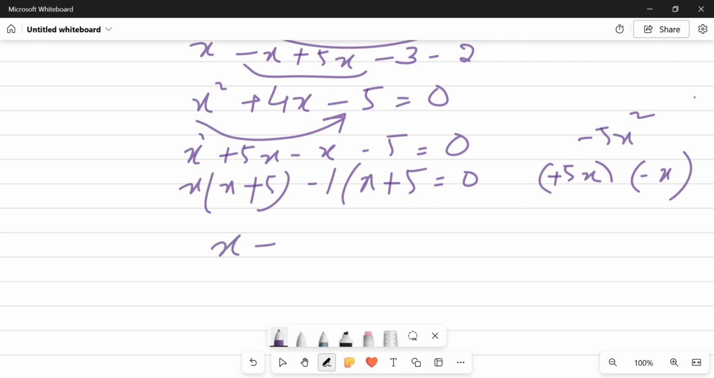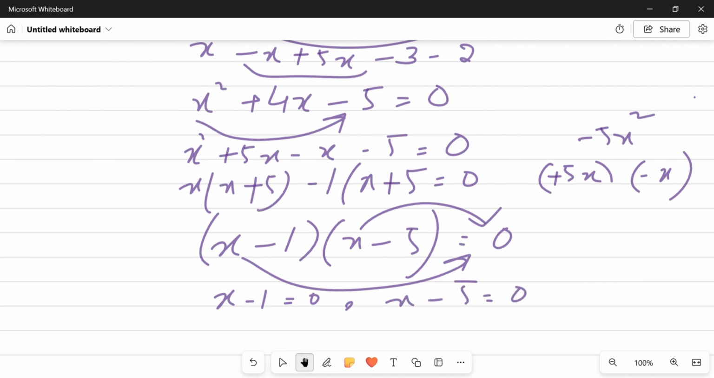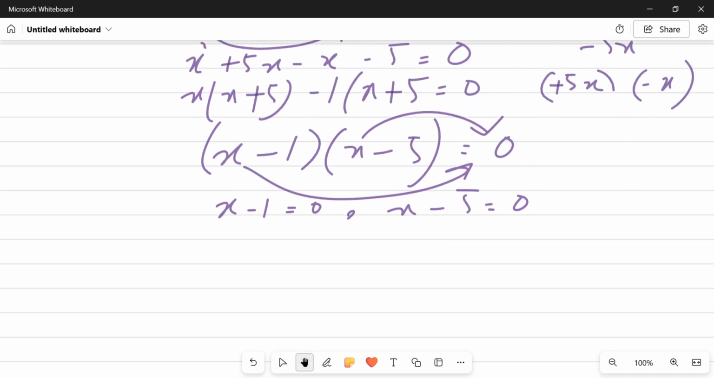So one factor is x minus 1, another one is x plus 5, because we need to find the two values, equals 0. So x minus 1 equals 0, and x plus 5 equals 0. So one value, shifting the minus 1 over, x equals 1, and the other one is minus 5. So when x equals minus 5,